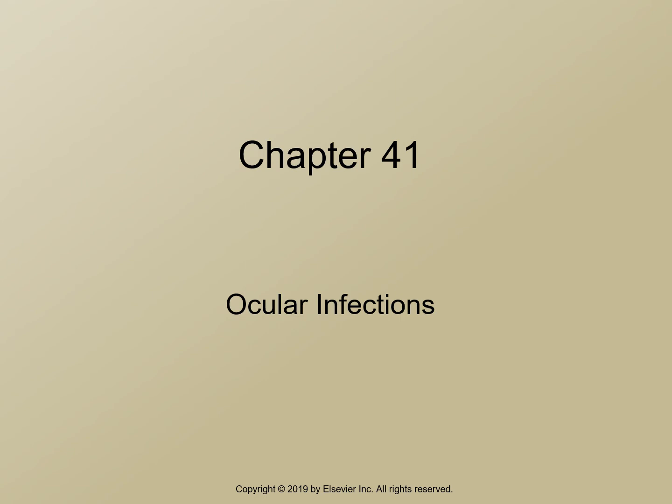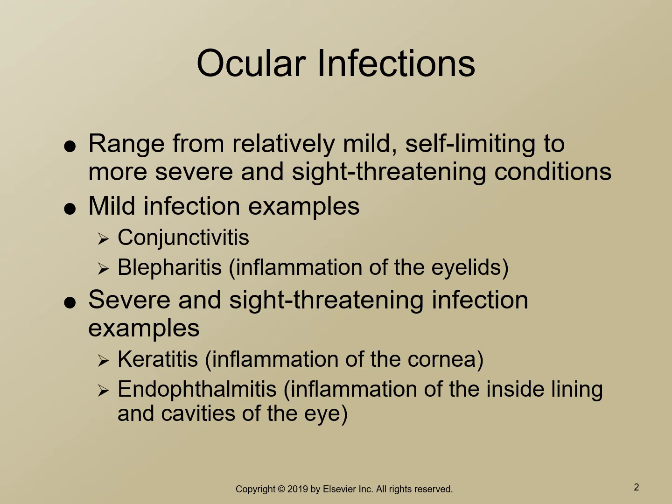Today we'll be covering Chapter 41. This chapter goes over ocular infections and the causative agents. Ocular infections can range from mild self-limiting conditions to those that are more severe and can also threaten the sight of the patient. Mild infections are some that you're familiar with, such as conjunctivitis or blepharitis, in which the eyelids become